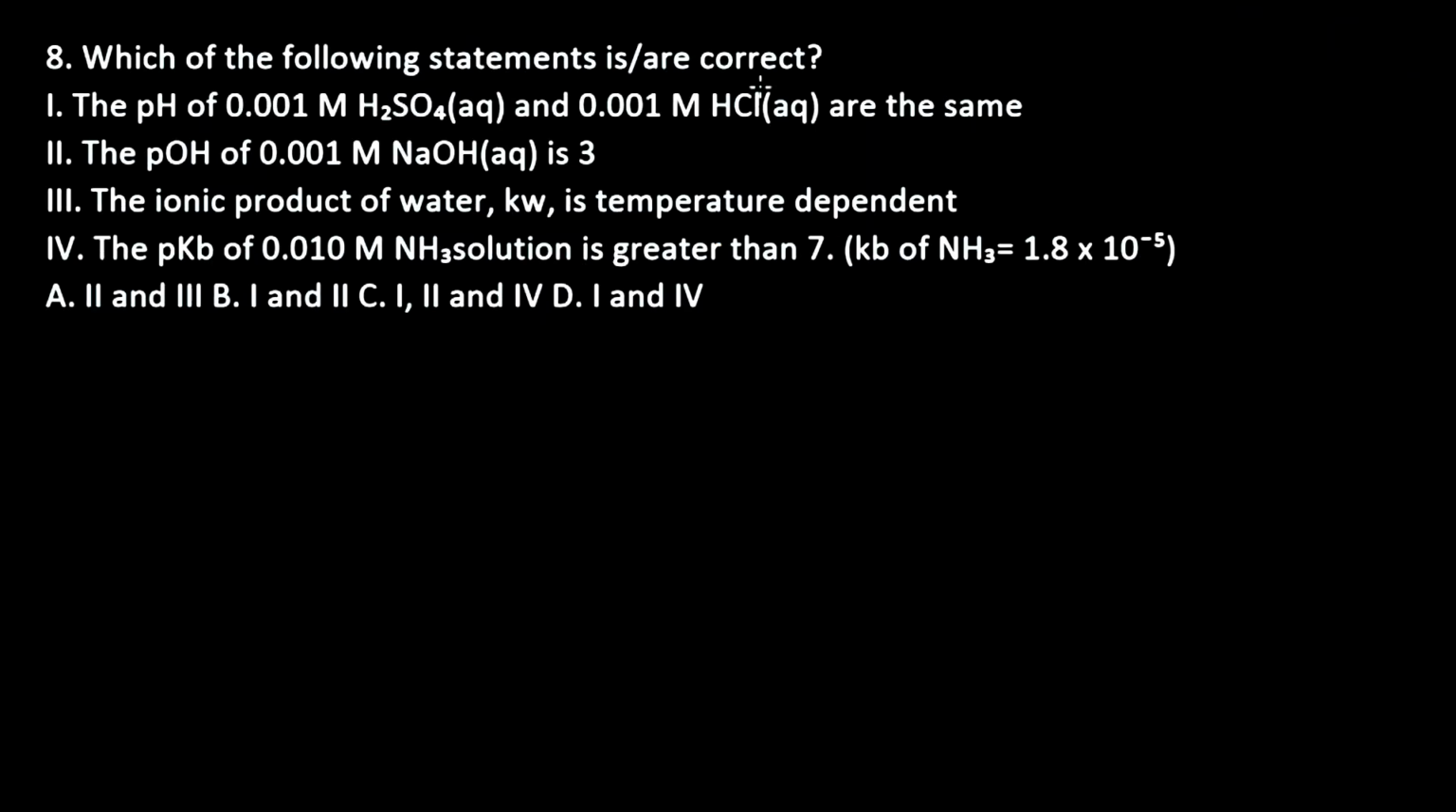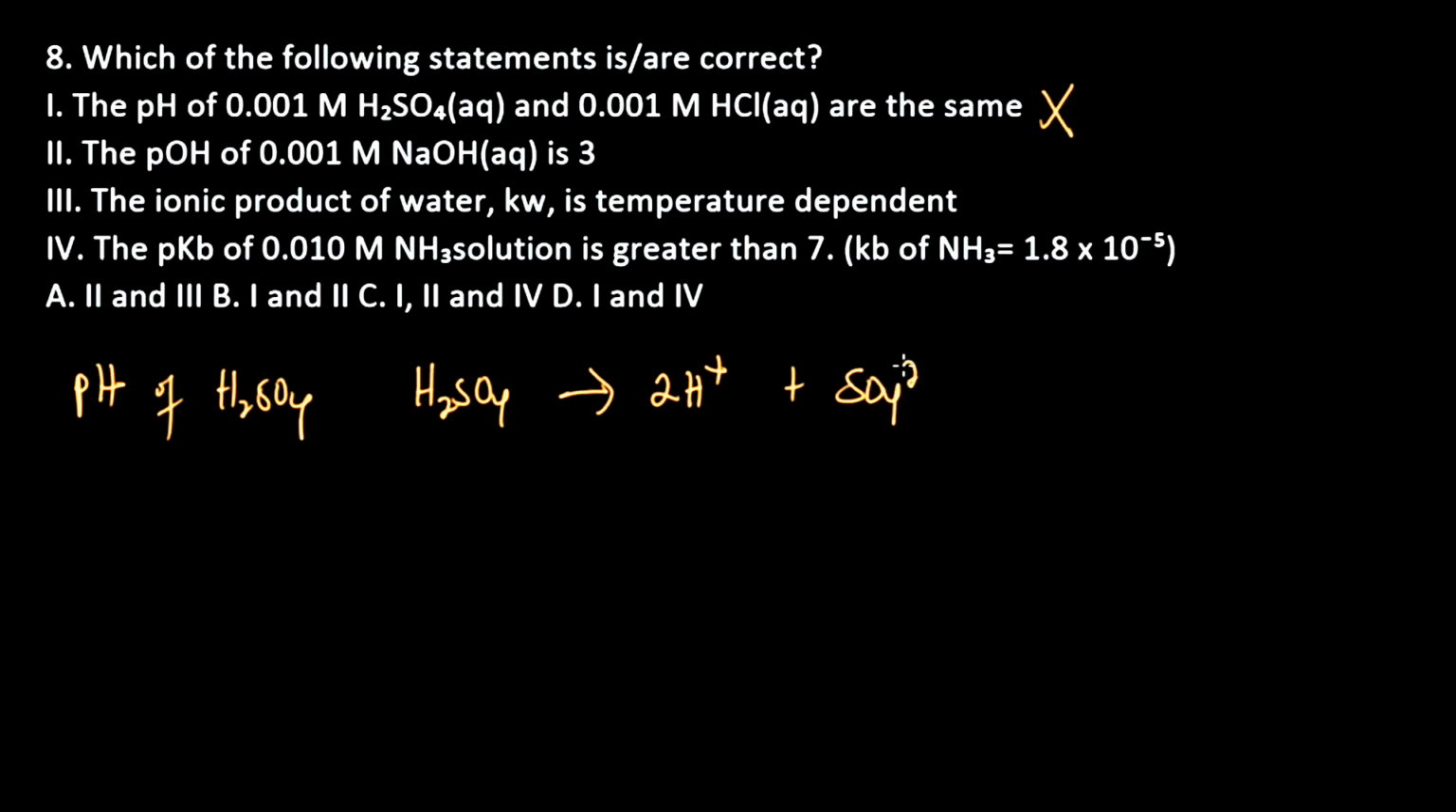Alright, so let's look at this. Which of the following statements is or are correct? The pH of 0.001 molar H2SO4 and 0.001 molar HCl are the same. So this is actually wrong. The pH of H2SO4 is not the same as this because of the moles of the hydrogen ion there. When H2SO4 dissociates, it gives 2 H+ plus SO4 2-. So this is 2 moles. Therefore, we have it to be 2 times the concentration here. So we have 0.001 times 2,